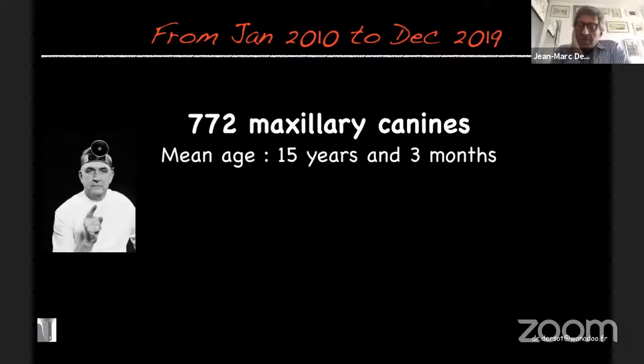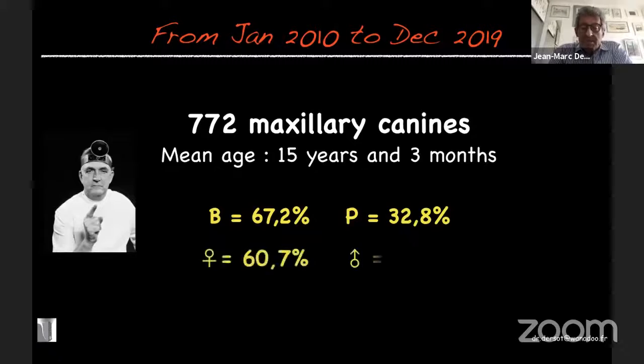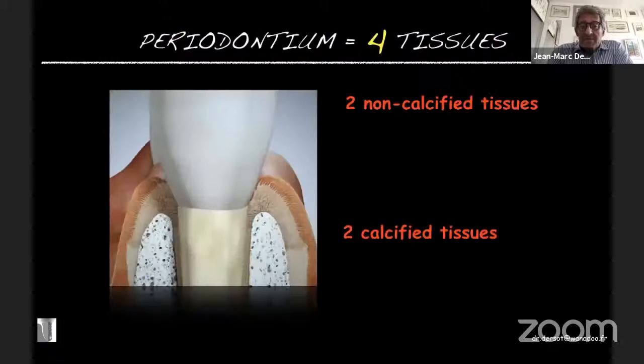So just some numbers, just to be precise about the maxillary canine. As you can see, 772 maxillary canines. The mean age is 15 years and 3 months. 67% are on the buccal aspect and 32% are on the palatal aspect. 60% of those canines are in female patients, and 40% of those canines are in male patients. At the